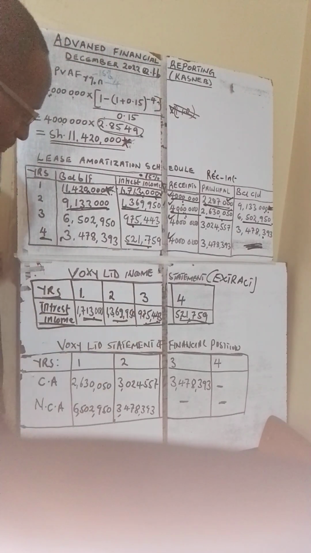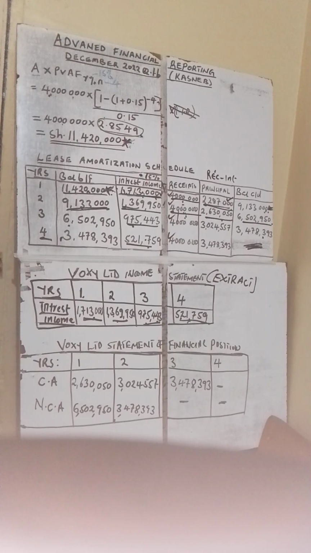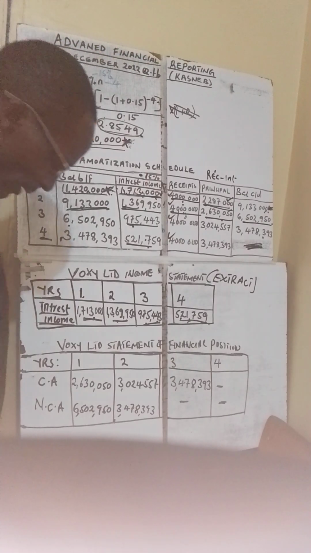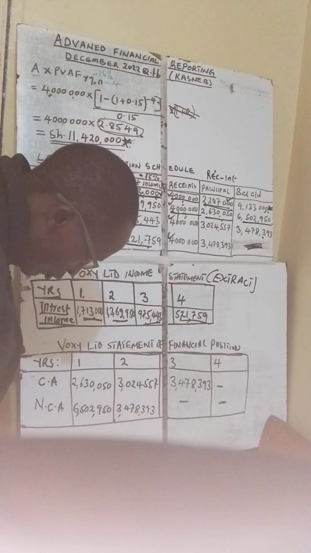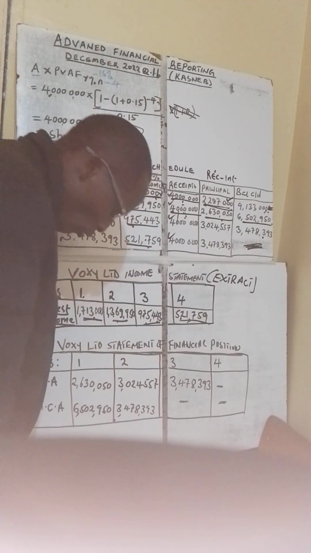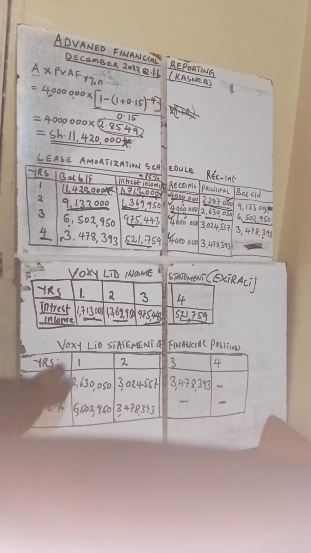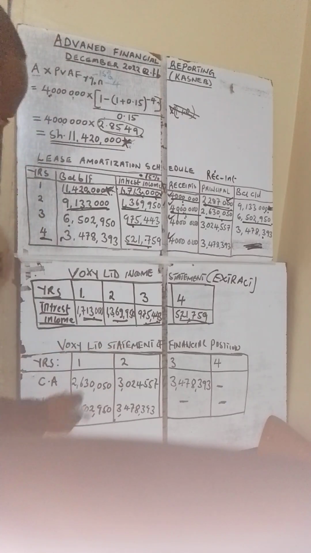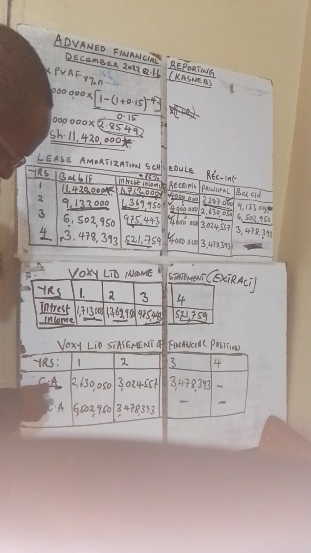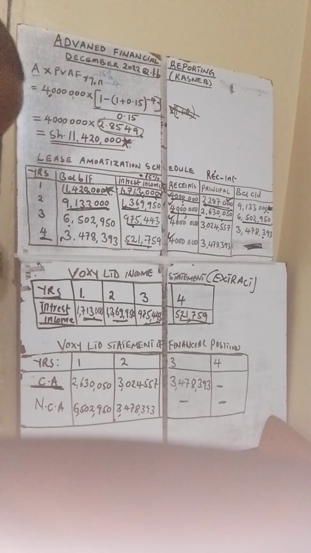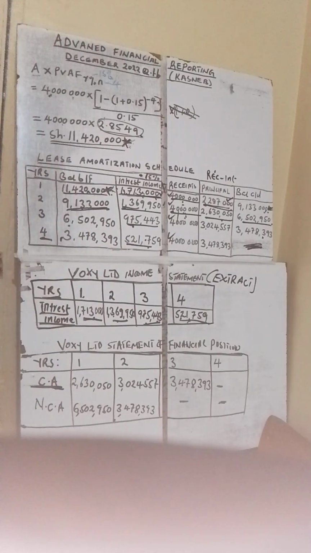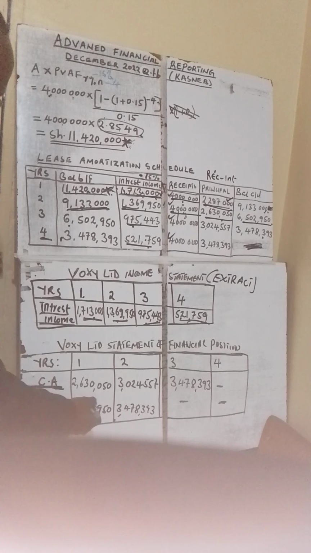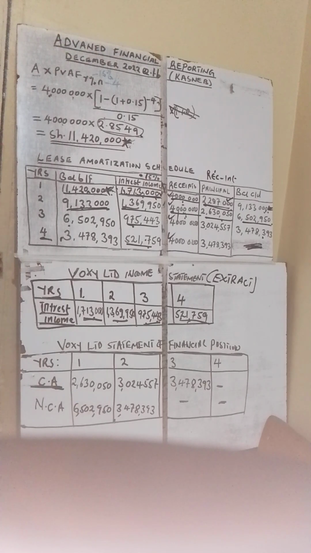Then Vox Limited, the statement of financial position. Now remember that the current assets comprises of principal for the next year. Now this is a statement of financial position. Now this is current assets. I've written CA and I've said current asset comprises of the principal for the next year. So year one, the principal for next year is